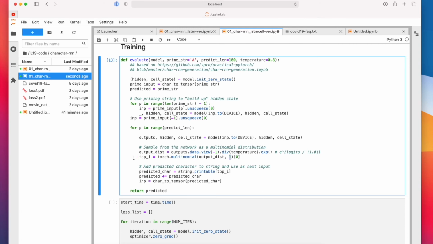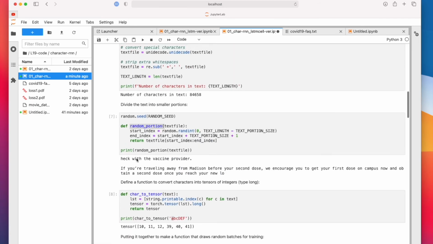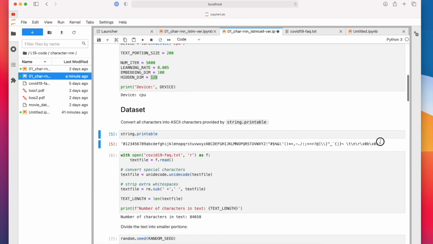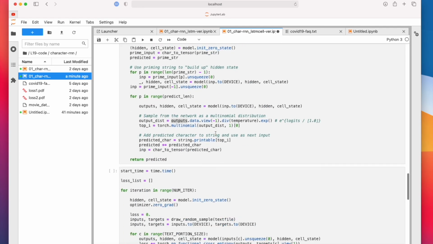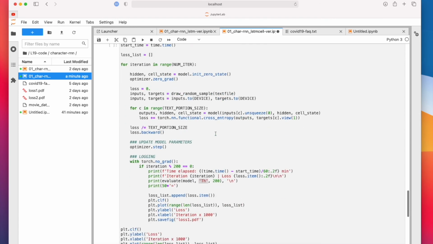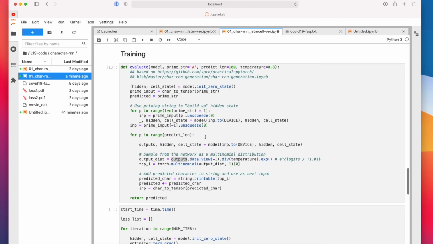So here we're drawing one character from the predictions. The outputs will be the logits for all 100 characters, because we have 100 different characters. If we apply softmax, these would be all the probabilities corresponding to these characters.